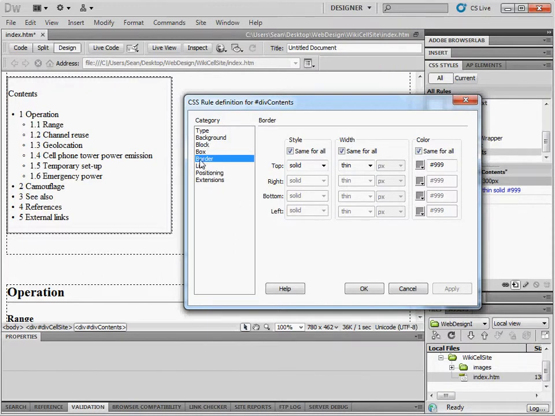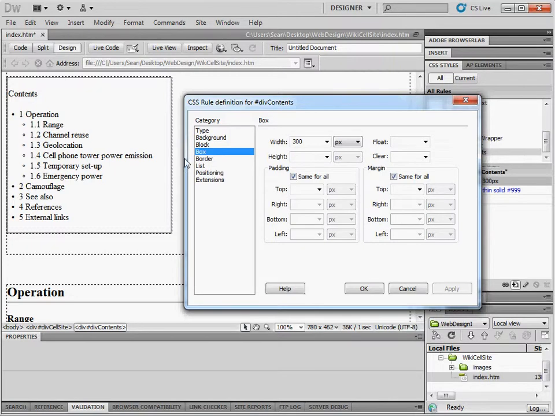And on the inside, under the box model, under the box category, I definitely want to have some padding here. And so I will do 0.5, no, I'm going to do 1 ems